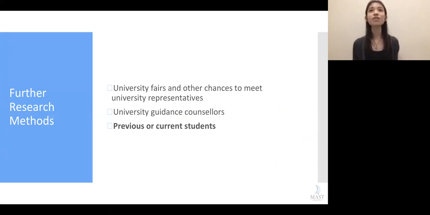So let's say I was interested in both UCL and King's, then I would go find a student who was studying at UCL, and I would ask them, so what is it like studying at UCL? How do you like the life there? What are the people there like? What do you like about London? They would tell me their daily life, their daily routines, the things they do on weekends. That would really enable me to get a close-up feel of what it would be like to study at those places. Or if I had a friend at King's, I would say, hey, I looked online and I really like the program at King's, but I don't know if it's the right fit for me. Do you think it's the right fit for me?